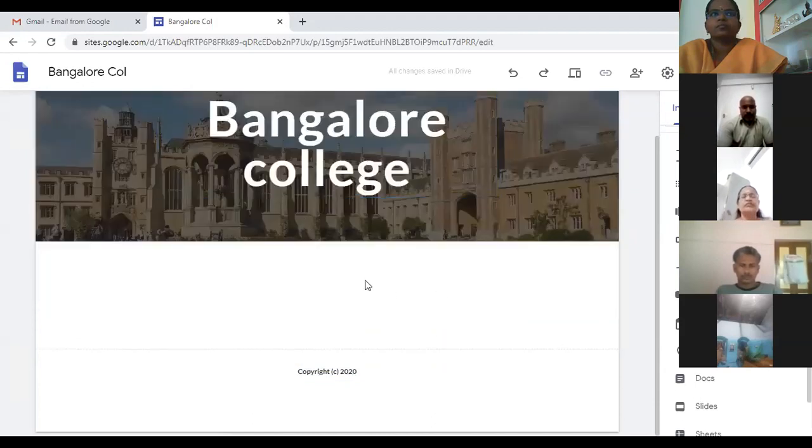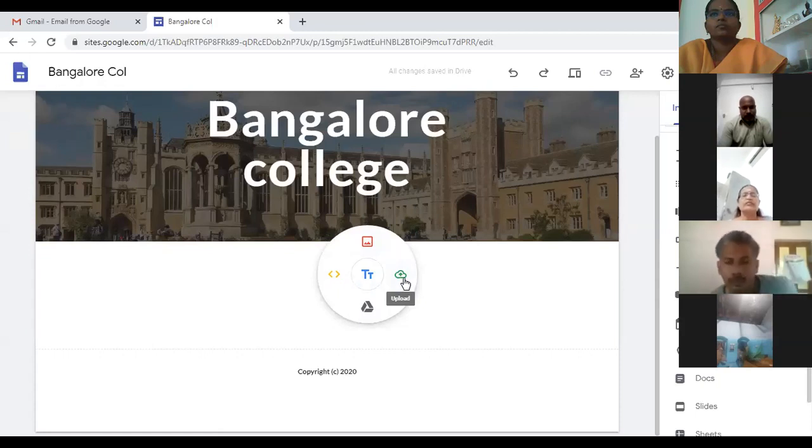Now you are going to add the text box. Just double click in the middle wherever you want. Four options will come. On the top, it is called image. The other one is the upload option, from the drive or from your system. The second option is from the drive. If you have anything in your Google Drive, you can directly get it. The other one is embed. If you want, you can embed any kind of text.